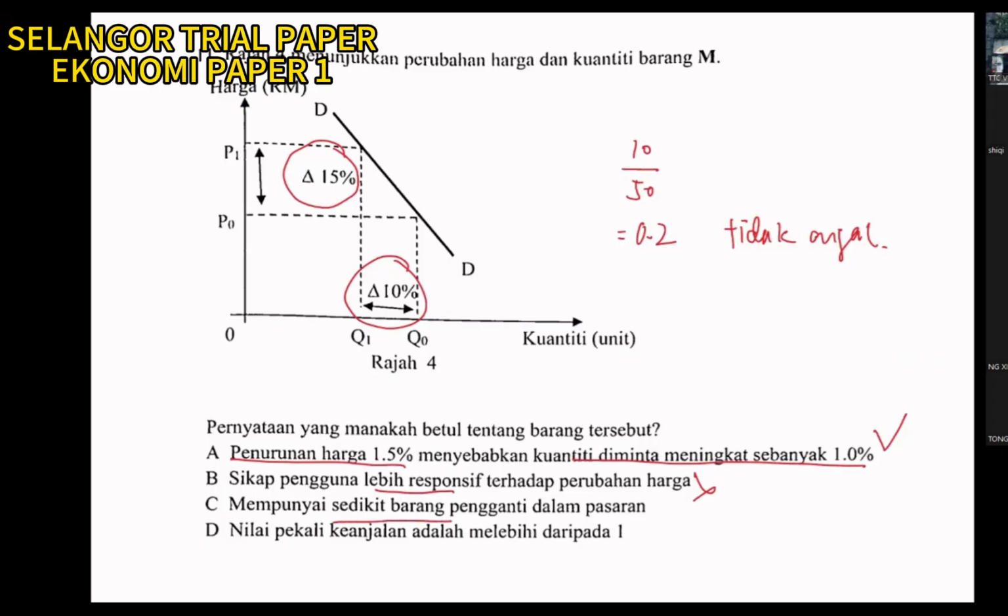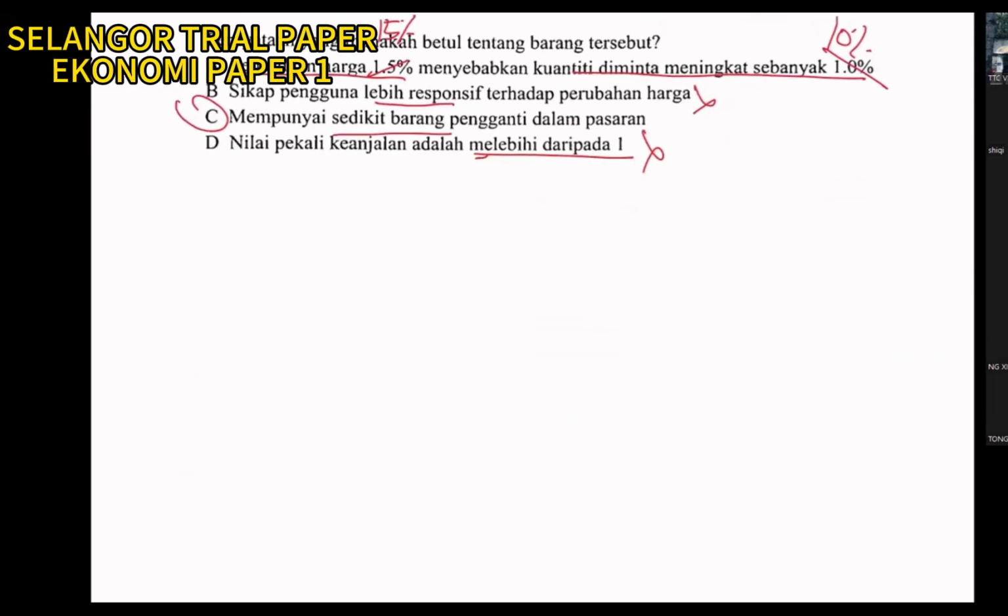Sedikit pengganti? When you have only a little bit, sorry. Shouldn't be 1%. 15 should be, not 1. The price reduced by 15%. Yeah. C. Sorry, my bad. When the price reduced by 15%, 10%. Okay. Now, keanjalan lebih daripada 1, no. Okay. And next,